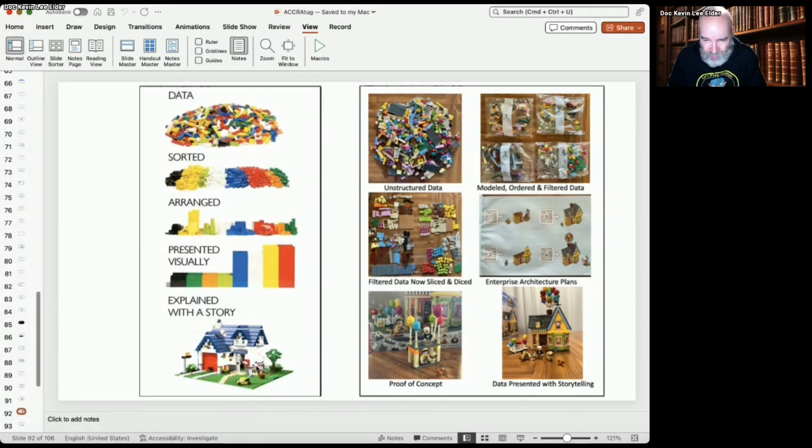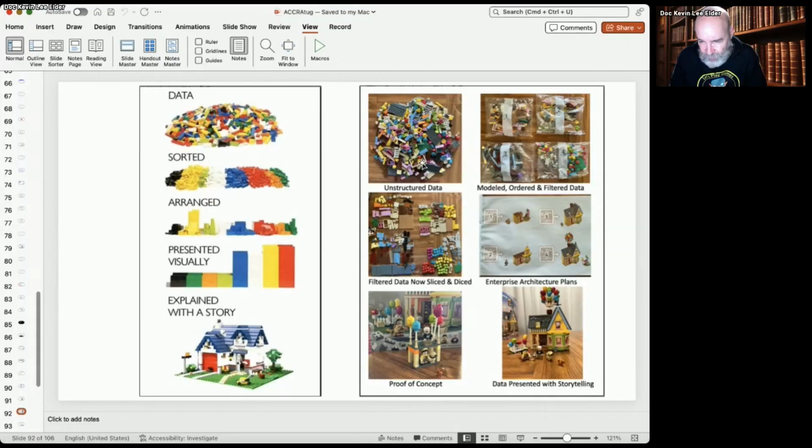That house down there was not built from those bricks. That's exactly what happens too often. People have the data, but they don't use the data to make a decision and build their story. They really should use the data that they have in order to build their story. So I recreated it much better.